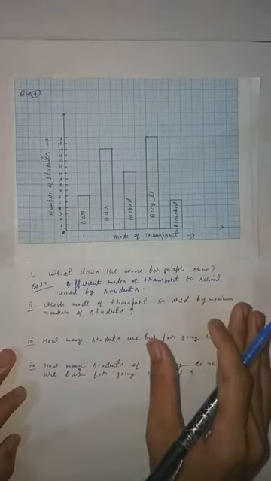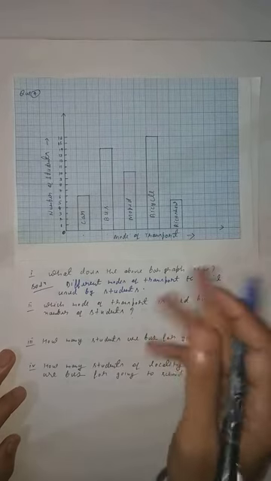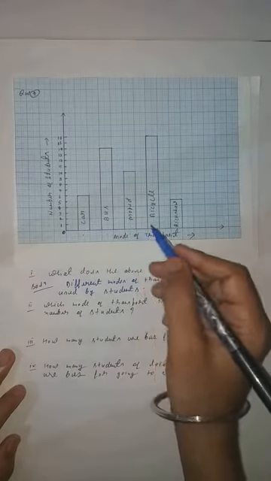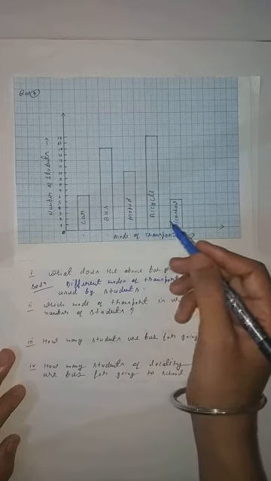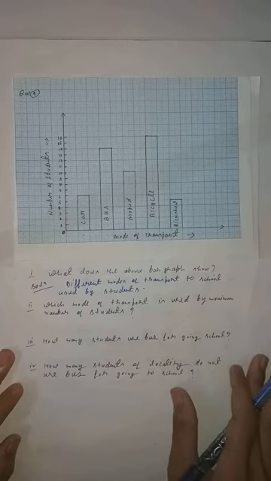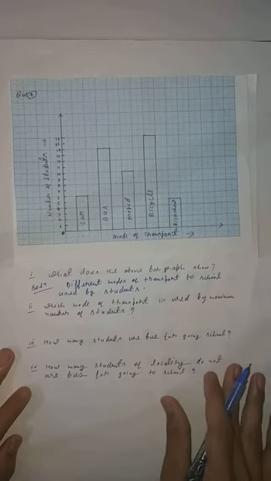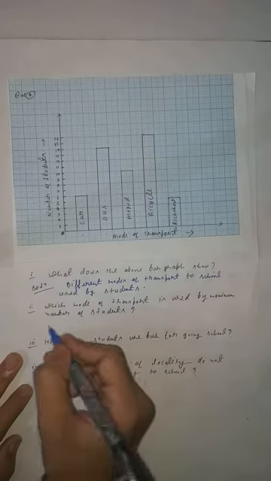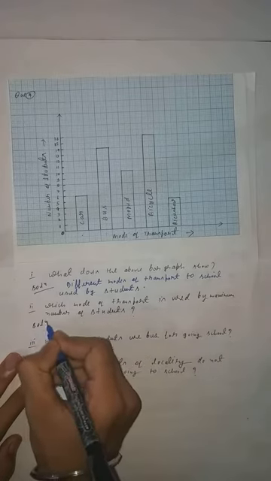Some students are coming with car, some students are coming with bus. Car means their parents are dropping them. Clear, students? Some are coming with school bus, some are coming with parents on moped, and some are coming with their own bicycle, and some are also coming with rickshaw. Clear, students? This is the mode of transport. Now come to the second point. Which mode of transport is used by the maximum number of students? Clear, students? So maximum number of students are coming by which mode of transport?